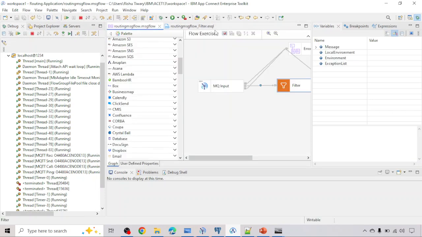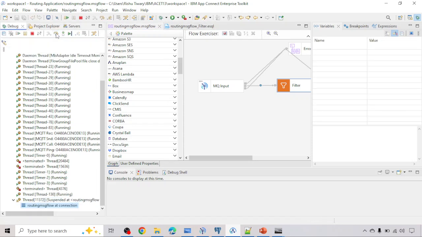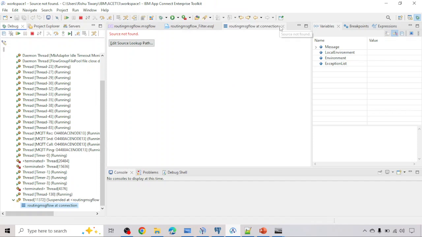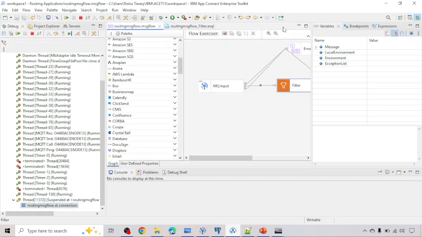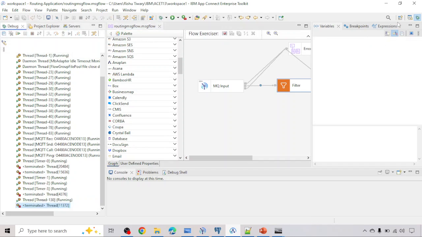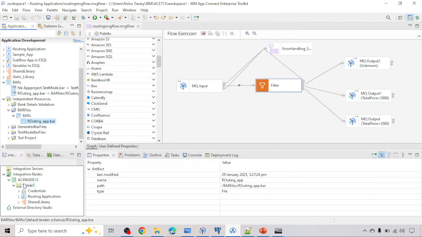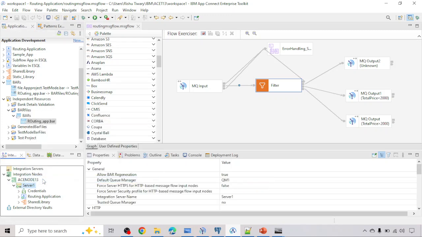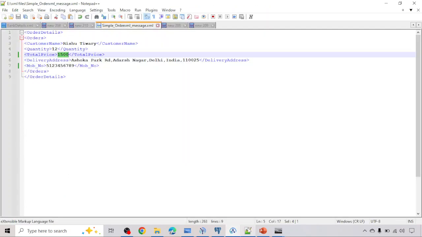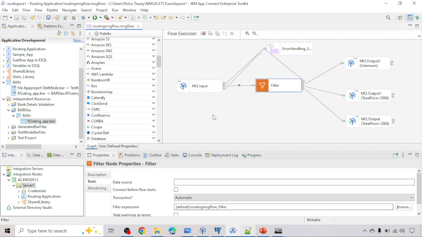Not sure what is happening. Let me check it. Let me complete the flow, and let me do one thing. Might be my debugger has been launched for a long time, so that's creating unwanted behavior. So let me relaunch it. I have relaunched the debugger, but before that,